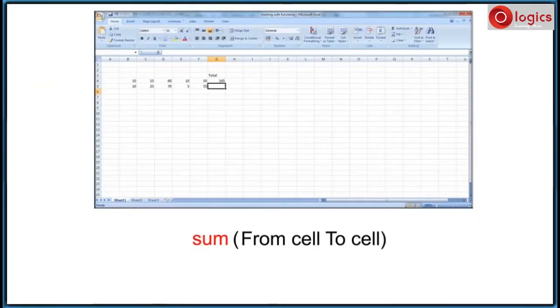Here I am going to use sum function to calculate the sum of the cell. Sum of from cell to cell. It means sum of range of cells. A cell range could be in either horizontal or vertical. Here I am going to choose some horizontal range, that is from B5 to F5.